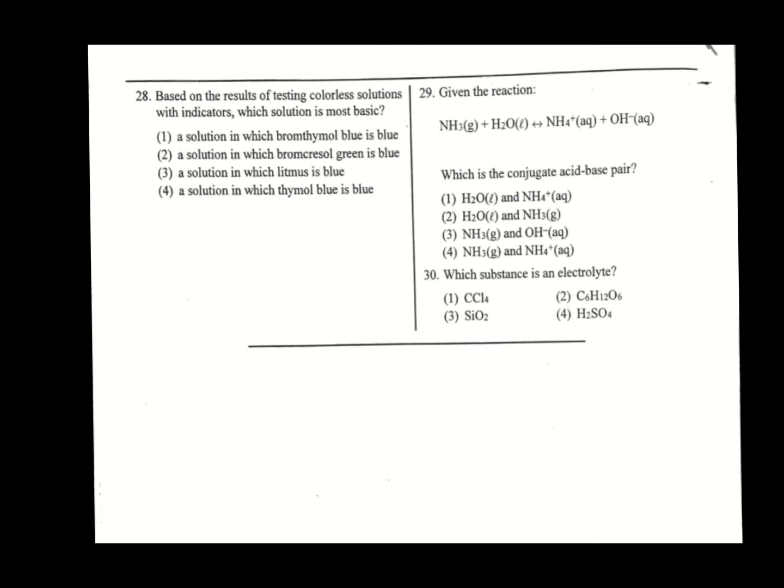Alright, final set of questions. Number 28. Based on the results of testing colorless solutions with indicators, which solution is most basic? So we need higher pH. And so looking at each of these indicators, they all have different pH ranges, and they all should turn blue to indicate a higher base pH value. But who will turn blue with the highest pH? That's the thing. Okay. So we're going to go look at table M